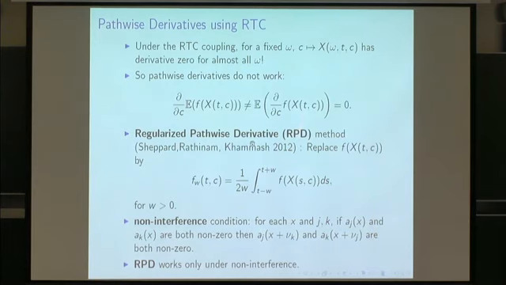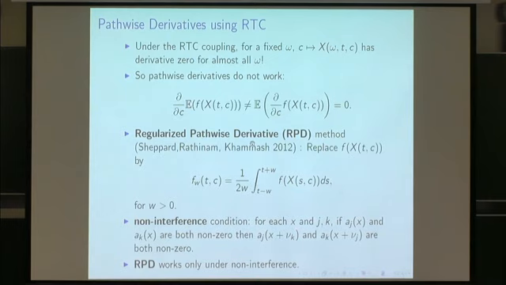So with Patrick Shepard and Mustafa Kamash, I worked on this method where you replace the state at the final time with the time average over a small window, okay? Then compute the sensitivity of the expected value of this. Okay. That seems to commute, but unfortunately still under a strong condition called the so-called non-interference condition, which means for